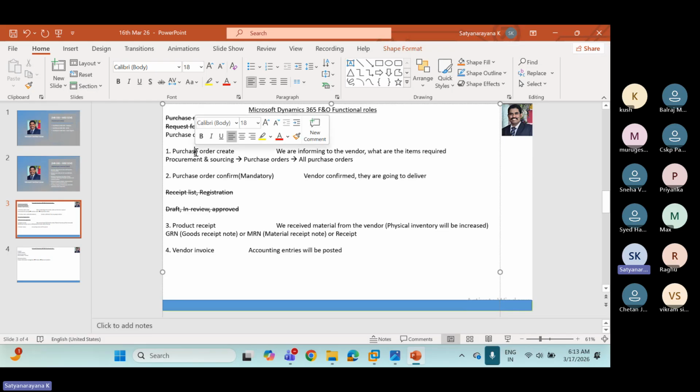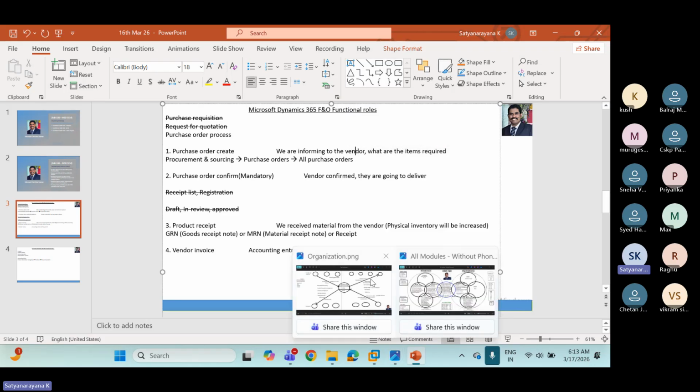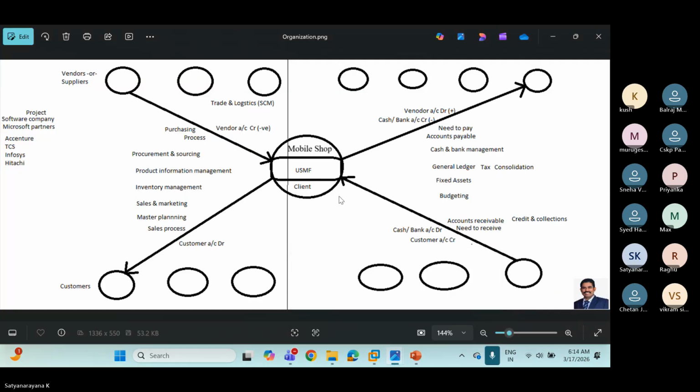Now purchase order creation means we are informing the vendor what items are required. So here you need to imagine this is your company. You need 4 washing machines, 10 laptops, 3 LEDs, 5 refrigerators, 2 projectors, 10 mouses, whatever you want.